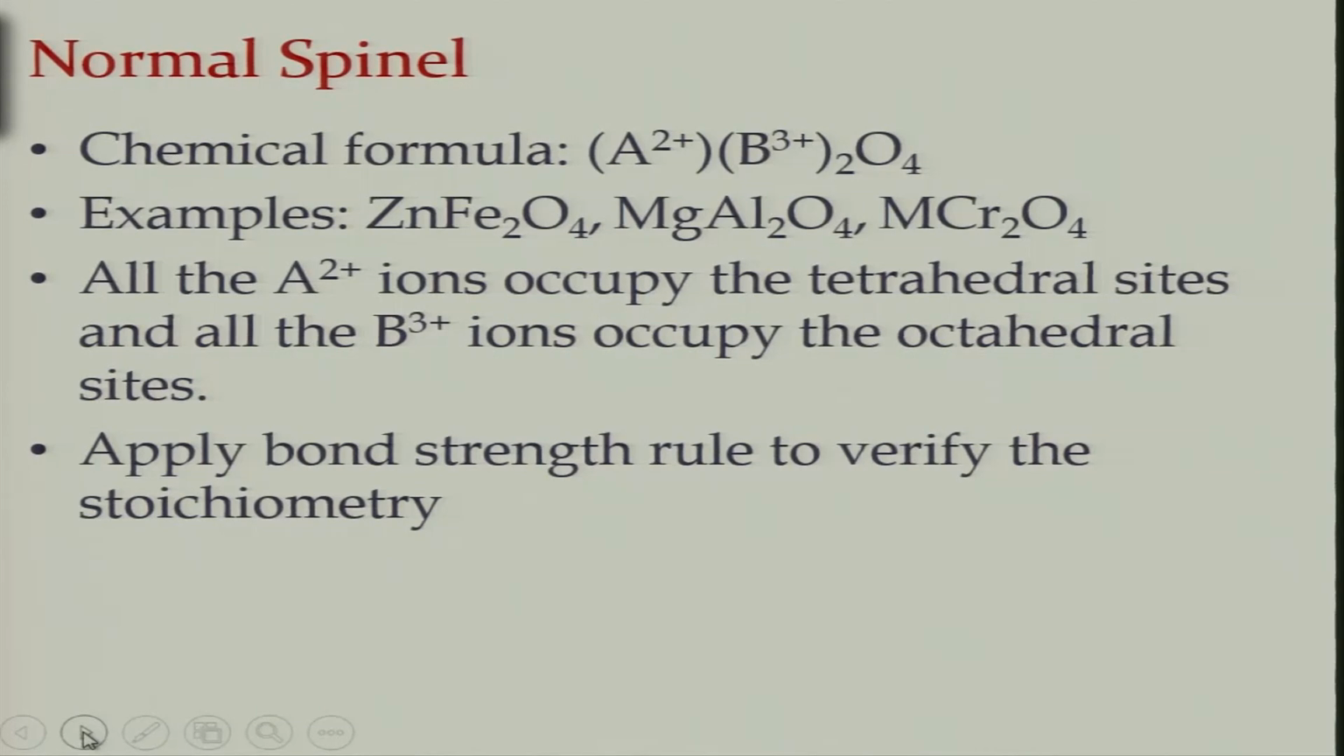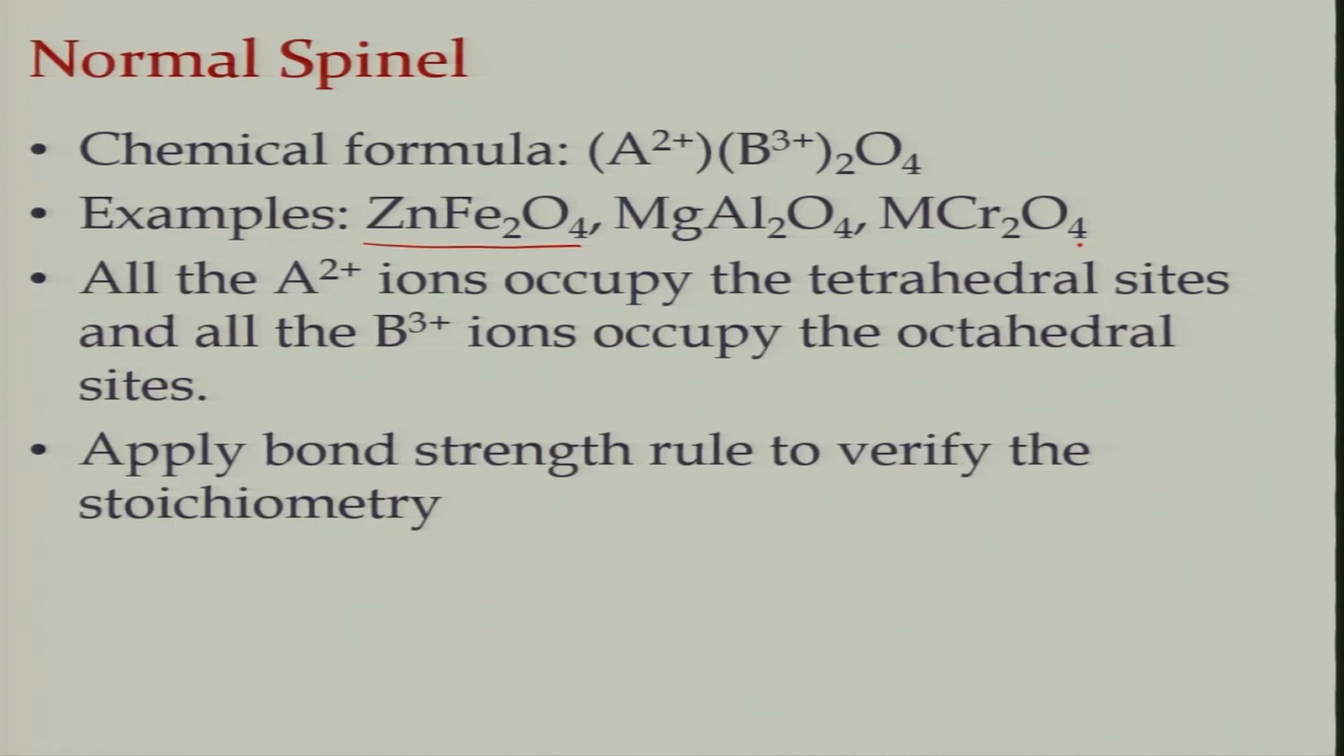Normal spinel structure is, again the chemical formula is same, it is A2+ B3+ 2 atoms of B and then O4. The examples which follow this structure, among ferrites it is zinc ferrite that follows this structure, because zinc has a tendency to go to tetrahedral sites. Otherwise many ferrites follow inverse spinel structure. But then you have aluminates and chromates which follow this structure normally. So magnesium aluminate and metal chromates, a variety of metals you can put in there, they all follow normal spinel